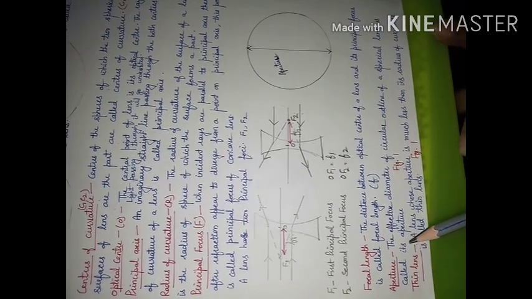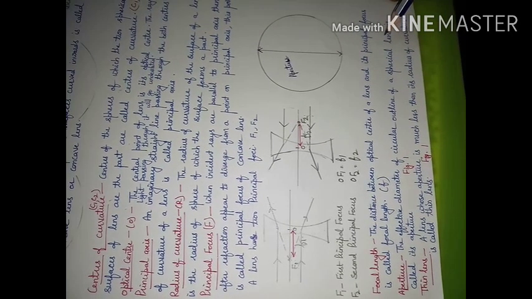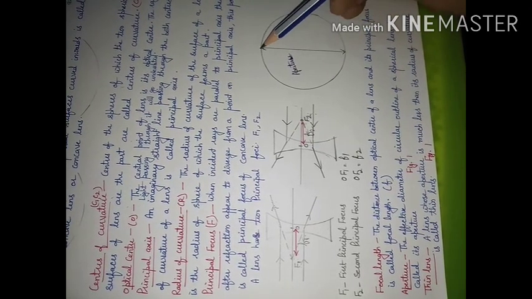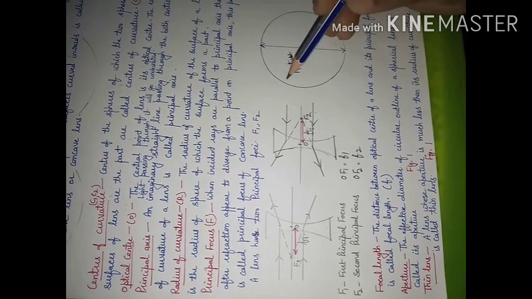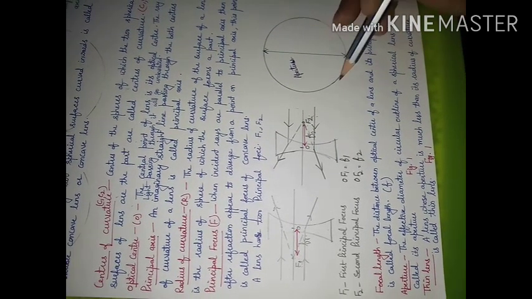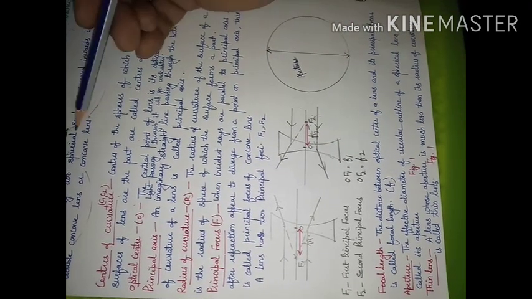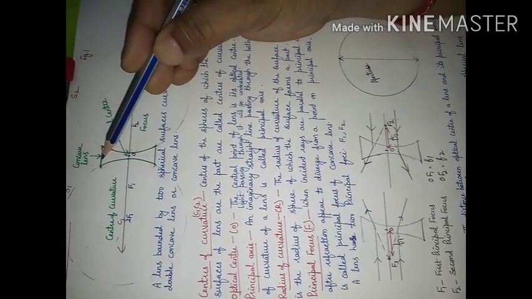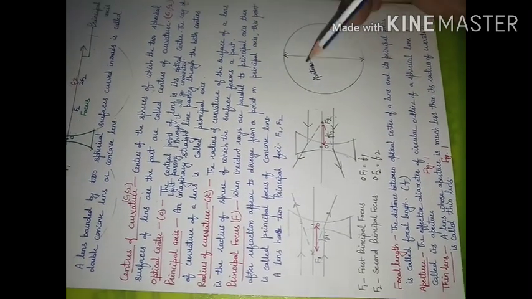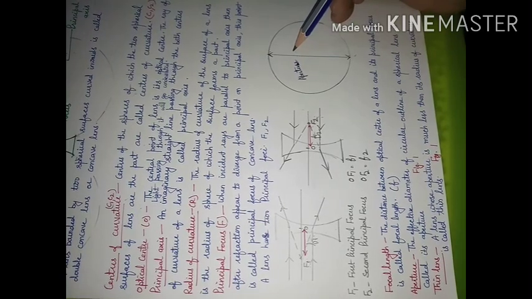Now what is aperture? Aperture means the effective diameter of the circular outline of a spherical lens. It means you will have a concave lens, and you will keep it on paper and mark its boundary. Then what will be the diameter of that circular shape that you will get? That will be known as aperture. So if you see this diagram, this will be the aperture. And if you keep it on a paper and mark its boundary, then the diameter of that circular shape will give you the aperture.